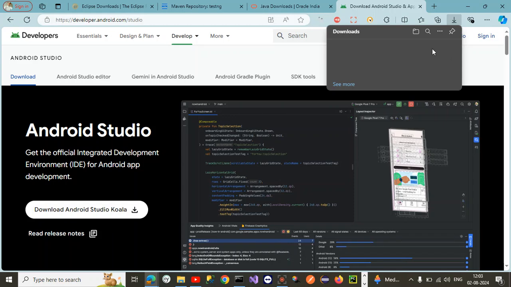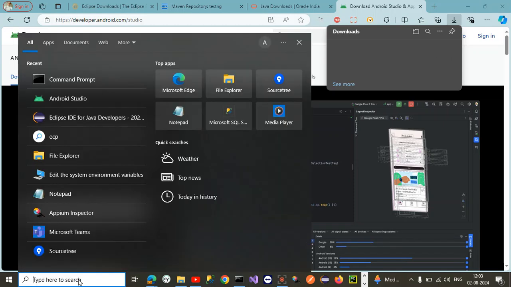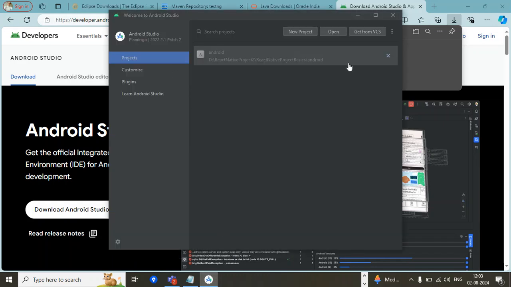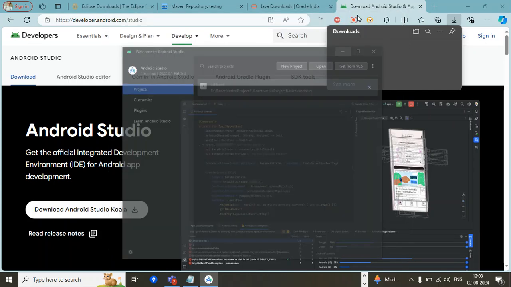I'm canceling it because I have already downloaded it. See over here, I have the Android Studio, so you will see this page after you have downloaded and installed it successfully.